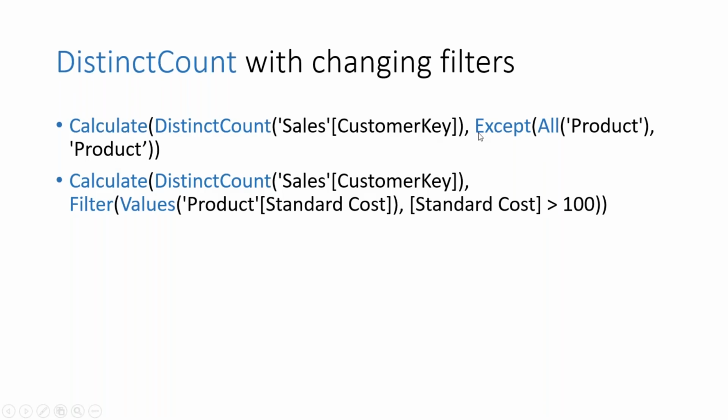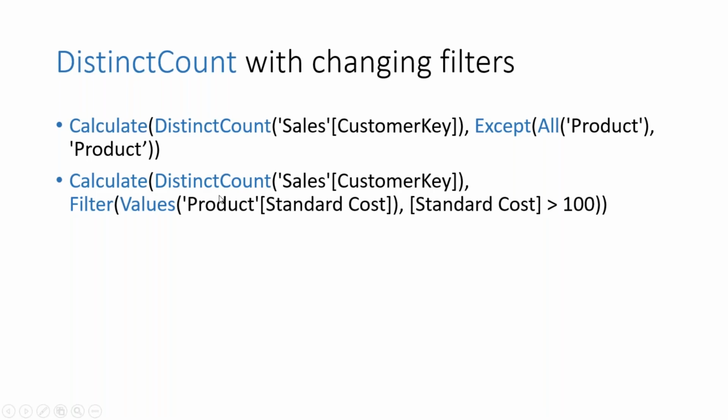What does this whole thing give us? It gives us the unselected products. So basically anything other than the selected products. And then I want to get the count of customers who bought those products. So it's a pretty smart expression. It's also fully dynamic. And the second expression is one where the user wants to get the